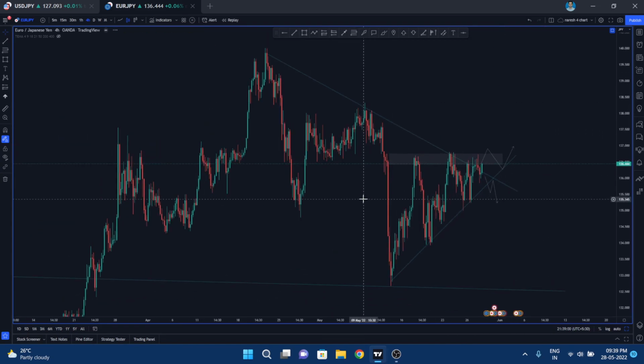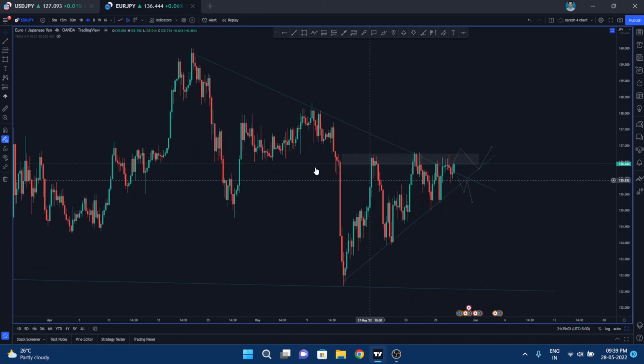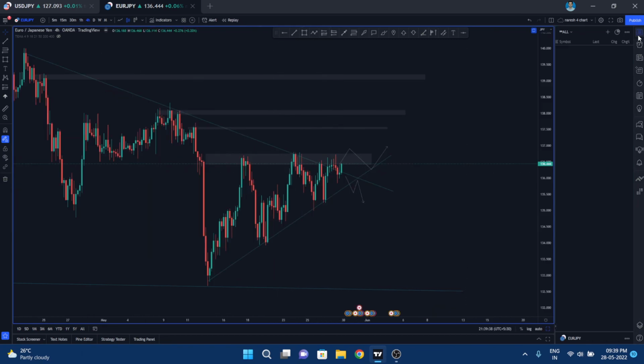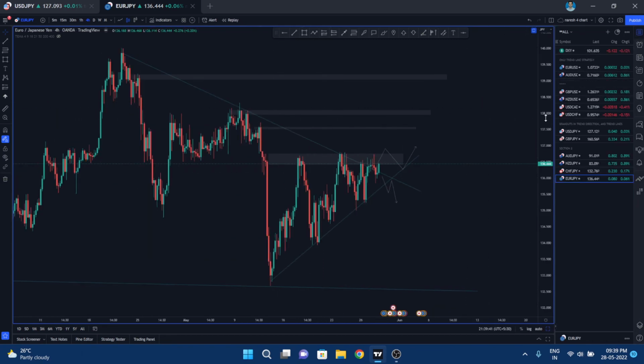Next would be Euro JPY. Similar to GBP JPY, AUD JPY, and NZD JPY, it was respecting this trend line in the 4 hour time frame for a long time, and it made a consolidation here, and it is turning bullish right now. I'll be waiting for the close of the 4 hour time frame, a break of this resistance area, and the pullback to this trend line again. If there is an engulfing candle, I'll be looking for long entries, and we can expect good targets from this trade, guys. This would be your first target and second target, and if it continues, you can look for targets to this level as well. So that would be for Euro JPY, guys, and I have covered the major pairs here.